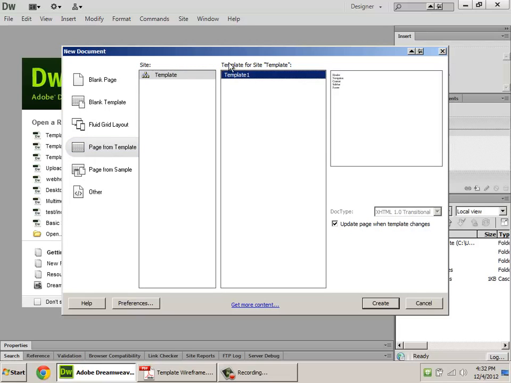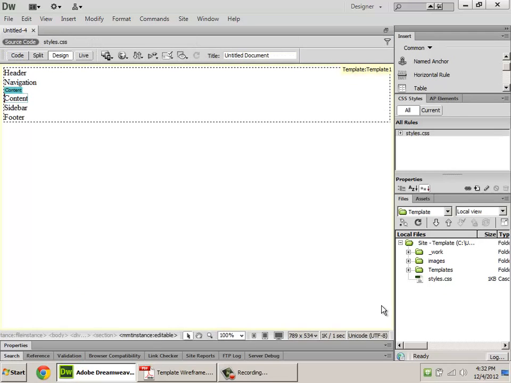And then all of the templates that you have in that site. Again, I only have one. So go ahead and click Create. And you'll notice that I can't edit anything outside of here. This is the part where I said that you can't edit the things outside of the editable region. This is the only stuff that I can change. Now, to really quickly make all the pages in your site,